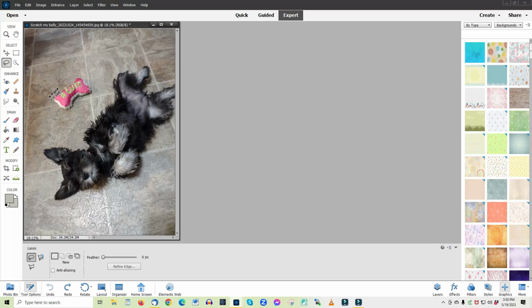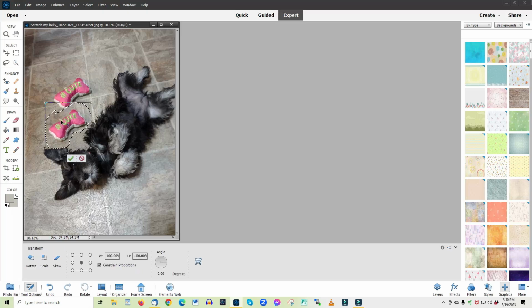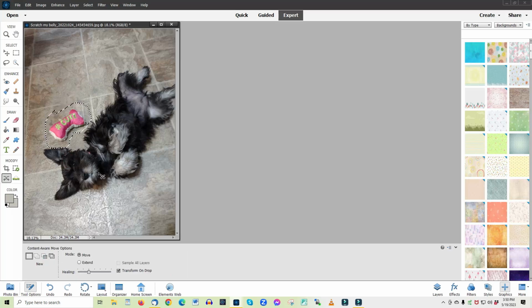I like the lasso tool for this particular use, and come in there and give it some good pixels to work with around the item. And then you go to the Content Aware Move tool. Click on that, click on the item, and drag it to the position you want it to occupy. OK. It does its little thing,